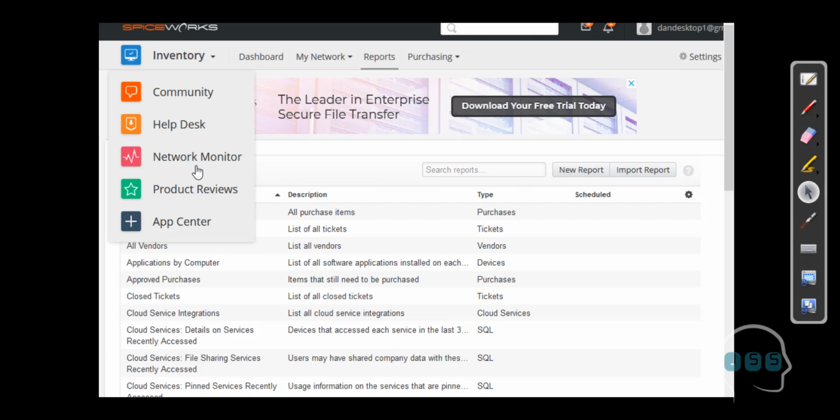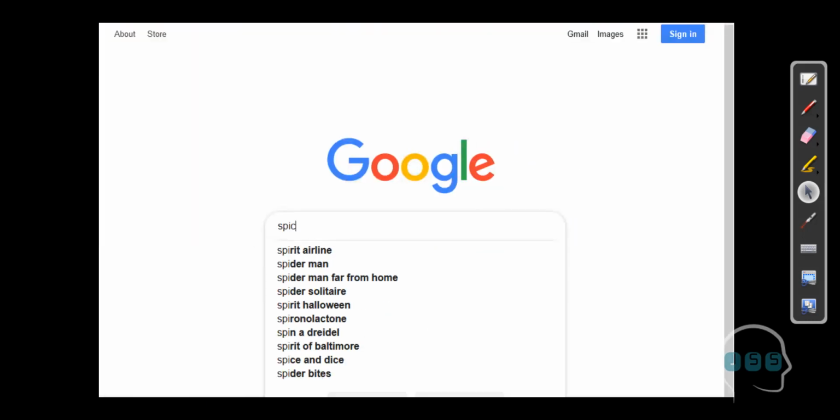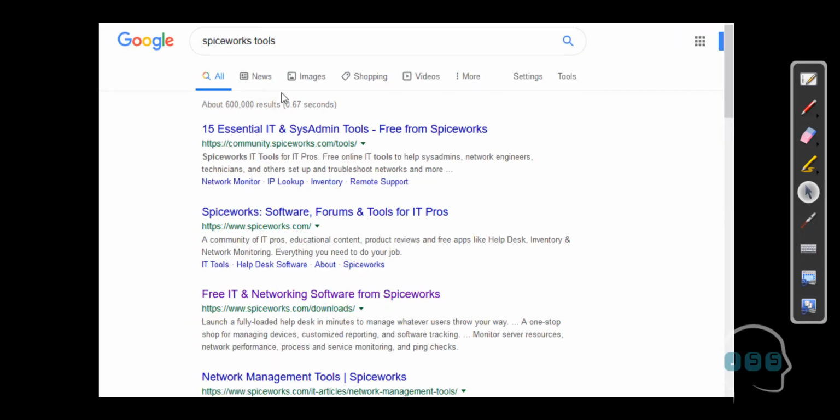They will be using this, but who knows, helpdesk may be doing this too. So another feature in Spiceworks, usually it's kind of like online tools that they provide. So let's go to Google, and if you type Spiceworks tools, you will come to this page right here, and it says network management tools. If you click on that,